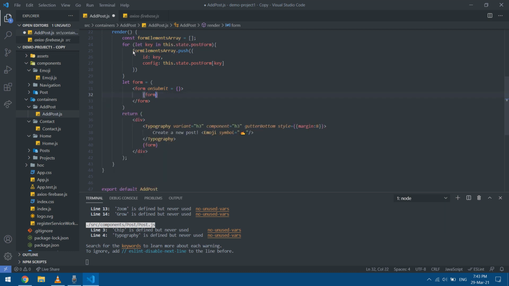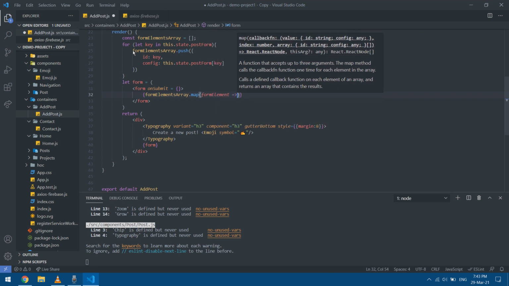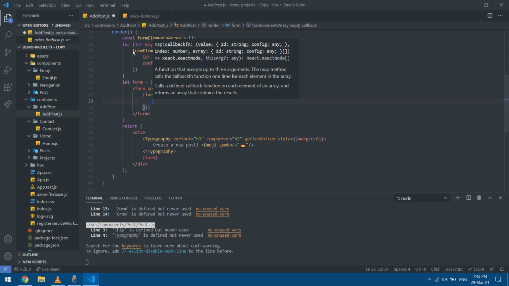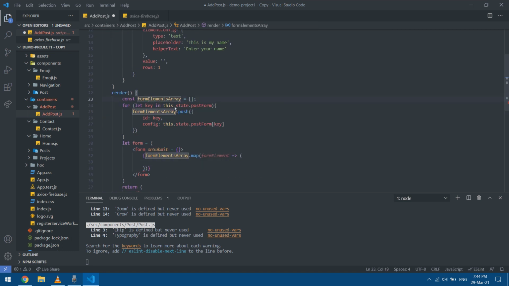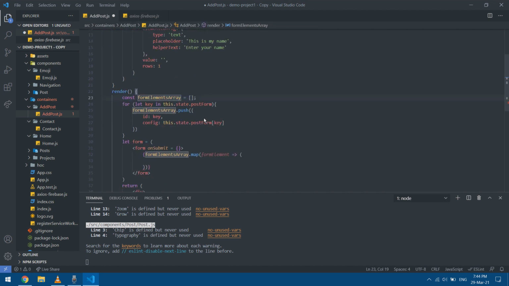I'll take form elements array, and I'll map it to form element, and here using an arrow function, I'll map it to text fields. So every element in this array, that is the author, the title, and the body, will become a text field here. So it will be mapped into a text field, and